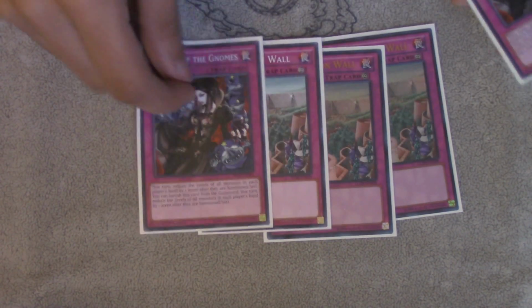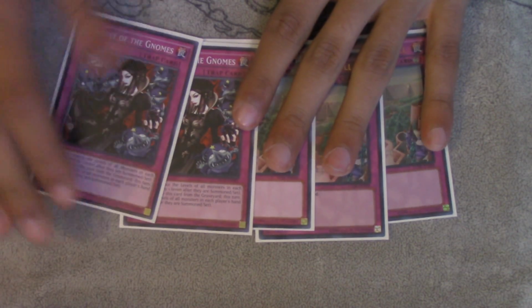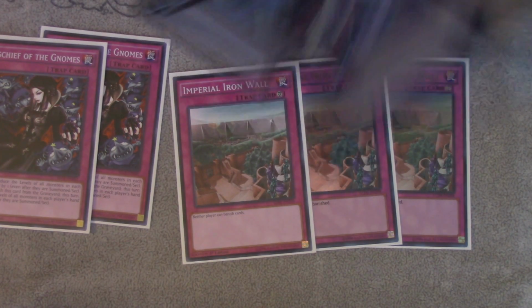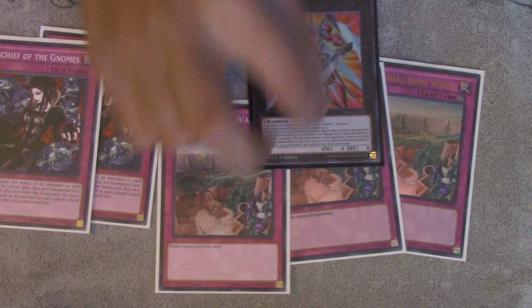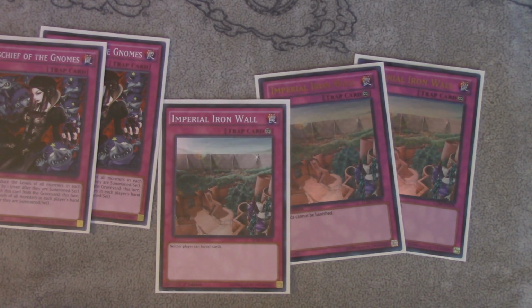It's just good overall. So next up for Cosmo, we have Imperial Iron Wall, and then for the last traps, we have Mistress of the Gnomes, because you can just send any card with Beatrice. So it's great. This card plus this card equals they can't play Cosmo. So yeah, my side deck is really geared towards the mirror match because that's the hardest matchup I have because